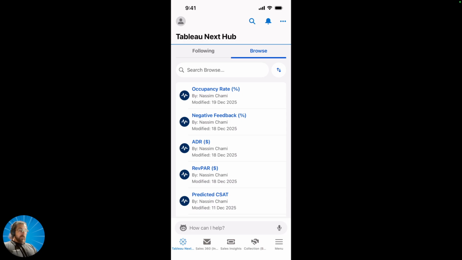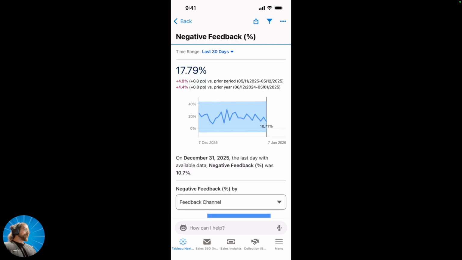So for instance, let's say I want to focus on negative feedback percentages. Now, the second that I'm looking at my negative feedback, you notice, and by the way, this is all out of the box, so I don't really need to do drag and drops. All I'm doing is harmonizing the data on my Data 360, and I create the semantic layer where I define the metric and the scenario, negative feedback, and it automatically generates these sorts of insights, whether it's a trend comparison or period comparisons. I can see period versus period or period versus period prior year.